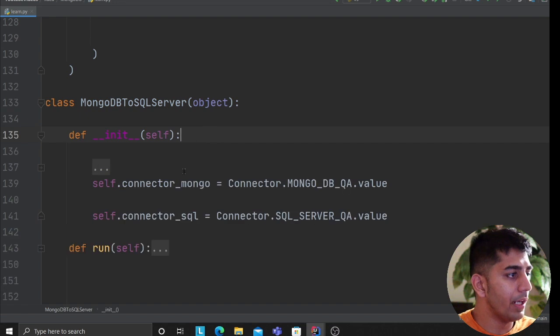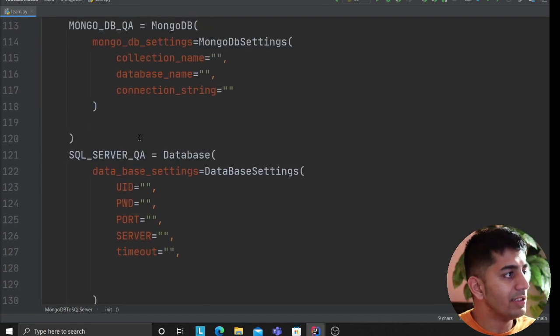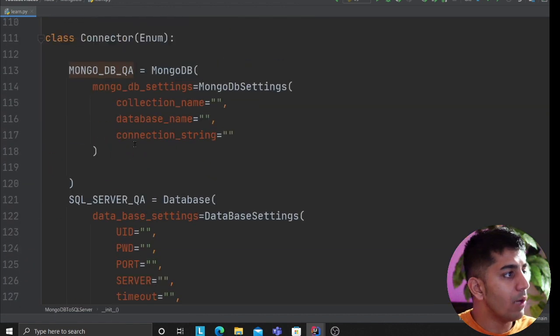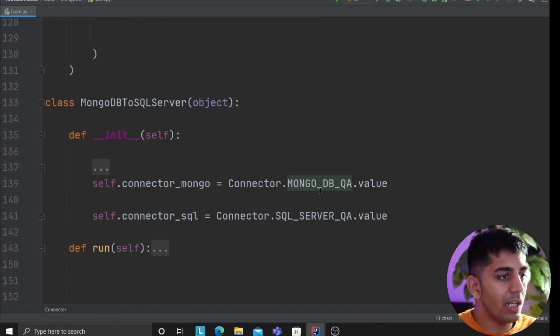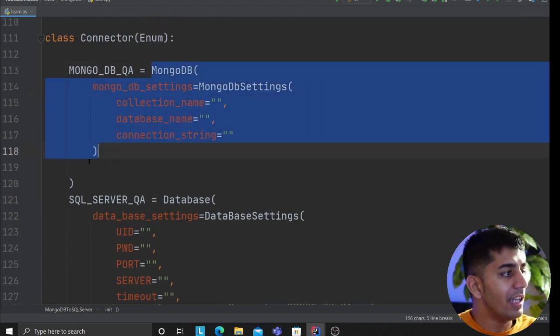See the way I'm doing it. Connector Mongo, so I use the enum name, right? This is the class enum name, connector. Then I use which database instance I want. I want the instance of MongoDB, so I use the word MongoDB QA. That's what I want to connect to. Dot value gives you the instance of the class, which means this is the instance,